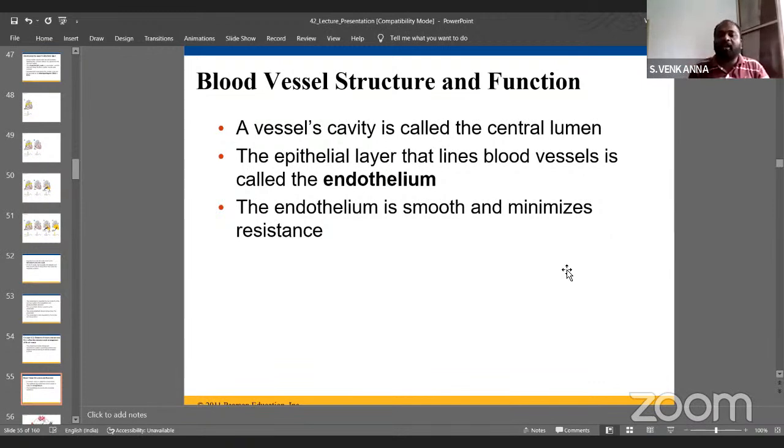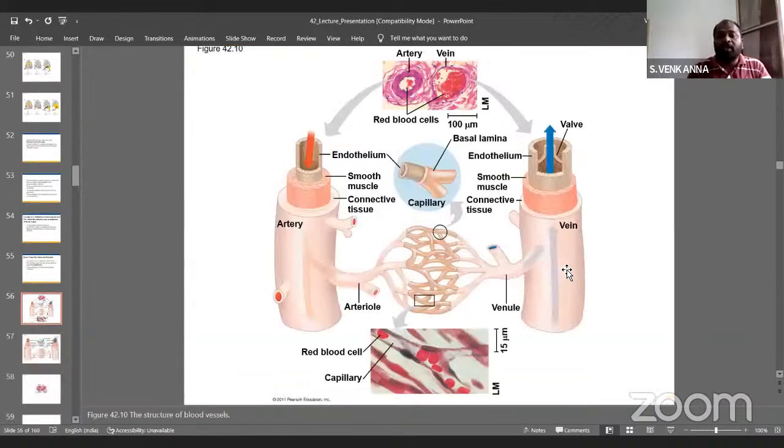So this is having the endothelium. The character of the endothelium is smooth, and it minimizes the resistance. So here, clearly, the red blood cells, the arteria, the venous, the dissections of this is the valve, venule and arteria. Endothelium here. So this is the endothelium, smooth and minimizing the resistance. Here, the smooth muscles